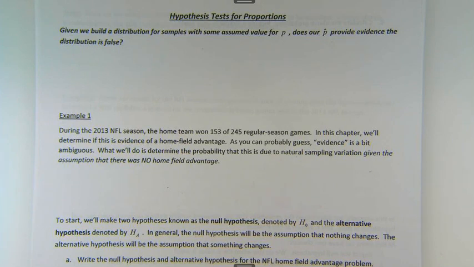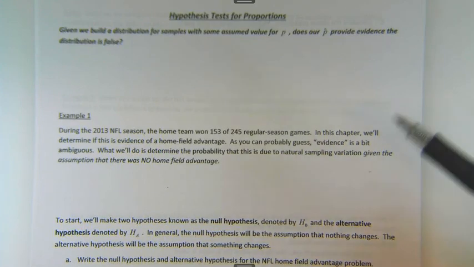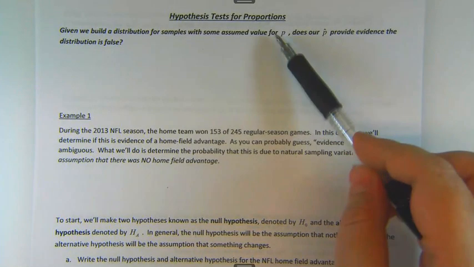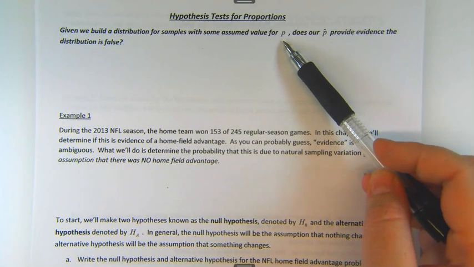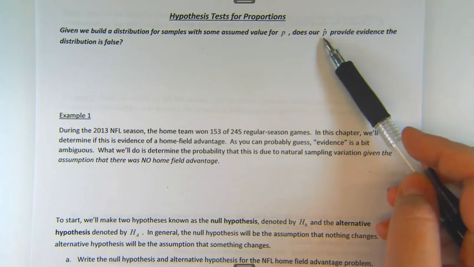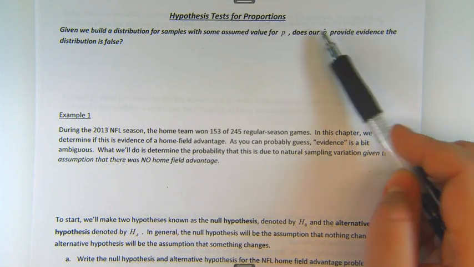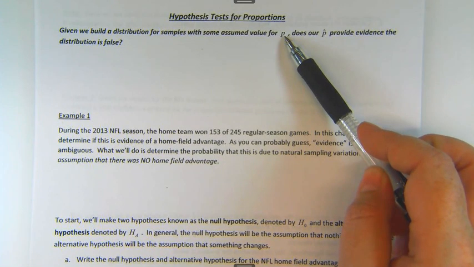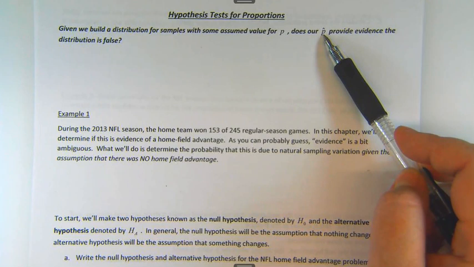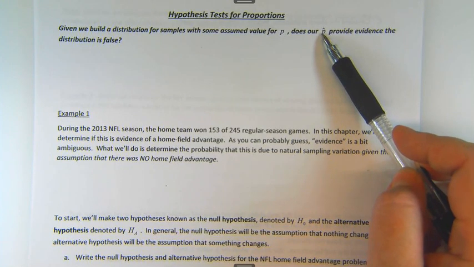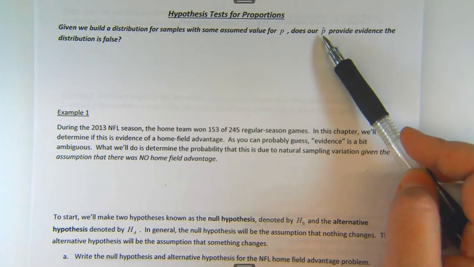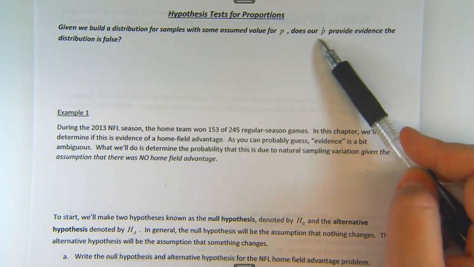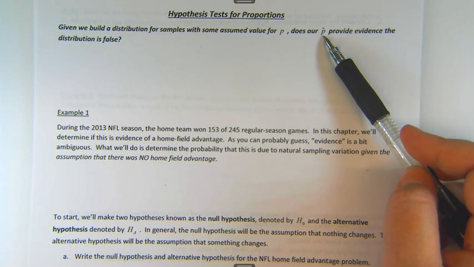So going through hypothesis tests for a single proportion, something that we're doing is using our sample data to make claims about our population. So what we're going to have here is some assumed value for our population proportion. And what we want to do is see if our sample value provides evidence that our assumption actually isn't accurate. We're going to try to prove that it's actually larger or smaller, or we can even just prove that it's different. But we need to see how strong of evidence is this value in terms of where it's landing compared